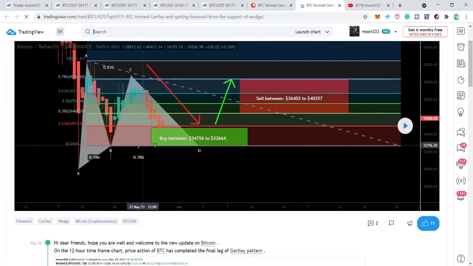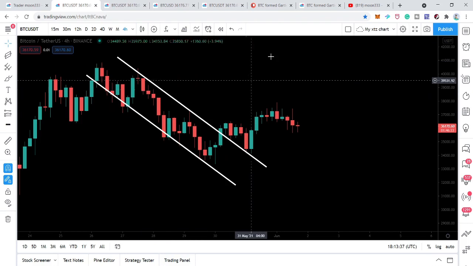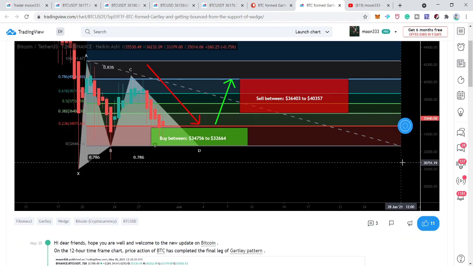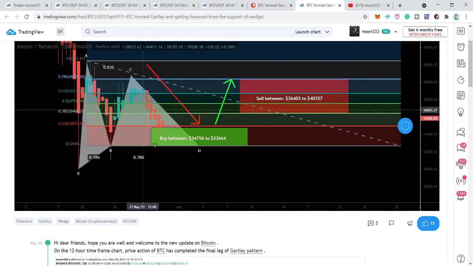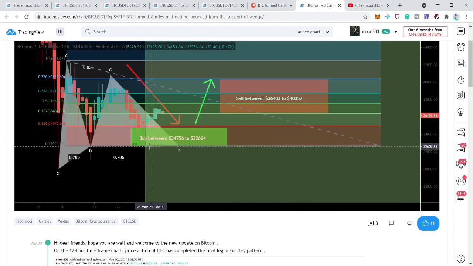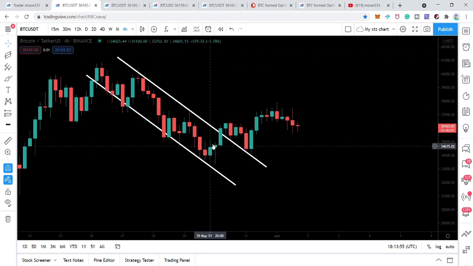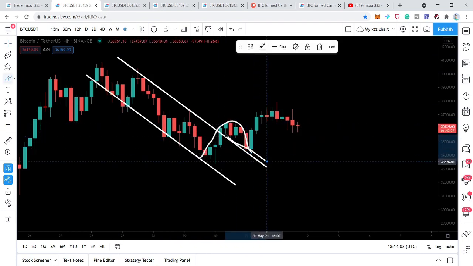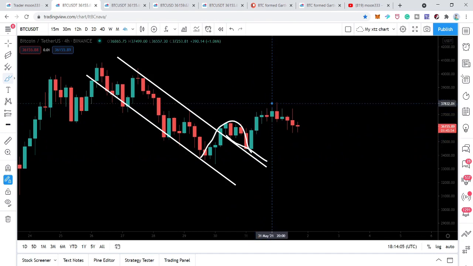This Gartley pattern was formed on the 12-hour chart, and that down channel was formed on the 4-hour chart. Now I'm just going to play this chart, and you can see that the price action turned bullish from the buying zone, or the potential reversal zone of this bullish Gartley pattern on the 12-hour chart, and hit the sell targets. And here at the same time the price action also turned bullish and broke out this resistance of this down channel and retested the previous resistance as a support and continued its move to the upside.